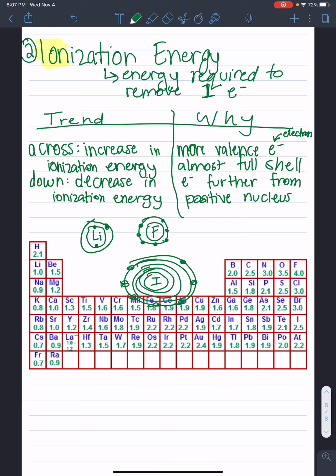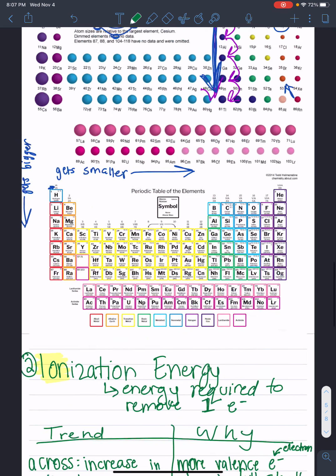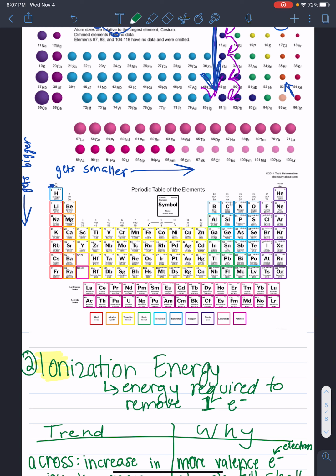Alright, hurry and get that copied down or pause the video if you're still writing, because we're going to scroll up to the top and we're going to do the same thing we did, and we're going to label our periodic tables. So pull out your periodic tables and let's label it. Alright, so just like this, we're going to say an increase in ionization as we go across, and we're going to say a decrease in ionization